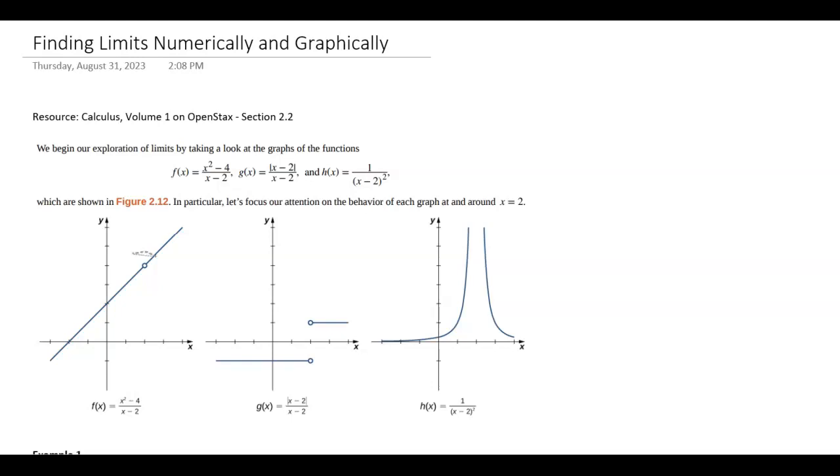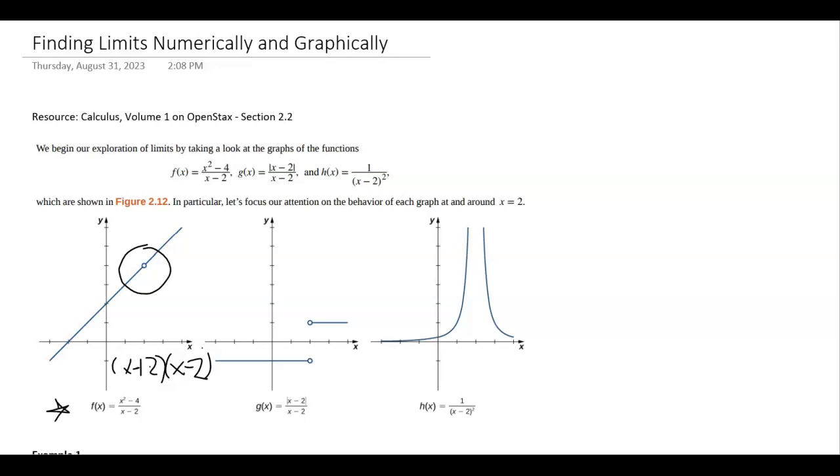We call this a hole. What is meant by a hole is that there is some factor that factors out of the top and the bottom of the function. Because I have x squared minus 4 in the numerator, I could factor this into x plus 2, x minus 2 on the numerator. My factor of x minus 2 would cancel in the top and the bottom, and so f of x behaves just like the line y equals x plus 2,